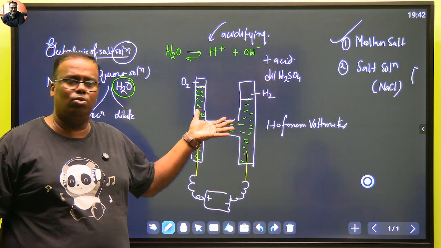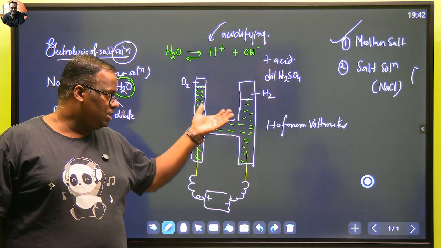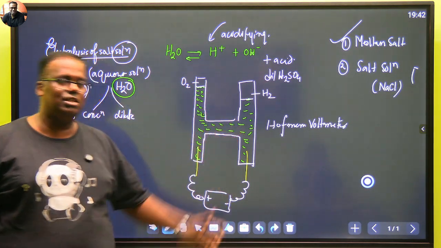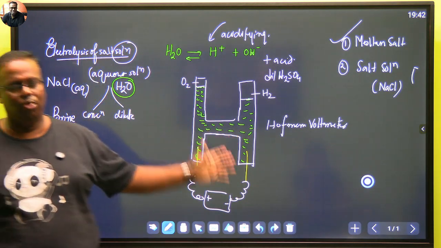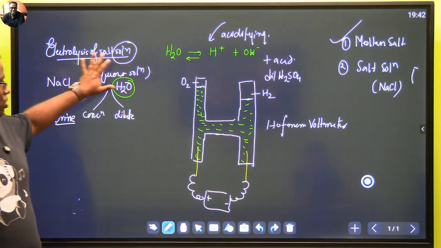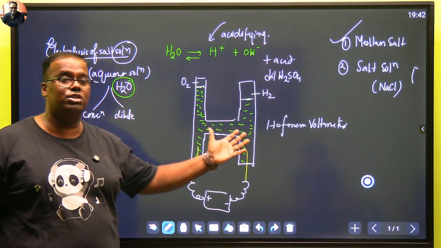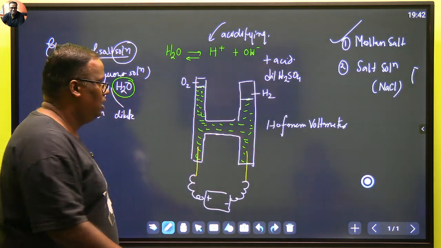Nothing is wrong, beta. कोई चीज wrong नहीं है. You can call it electrolysis of dilute sulfuric acid, or you can also call it electrolysis of water, acidified water. ठीक है? Salt solution में थोड़ी देर बाद आ रहे हैं. This is electrolysis of dilute sulfuric acid. Now tell me,